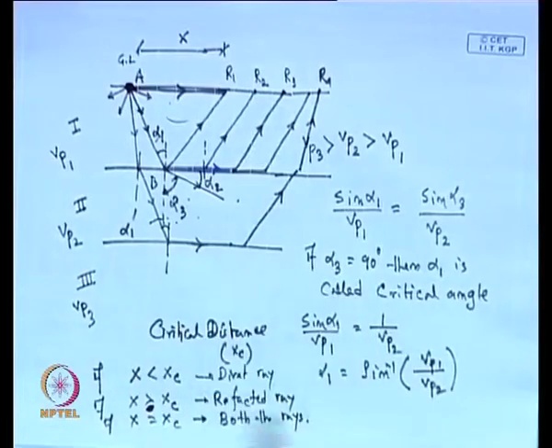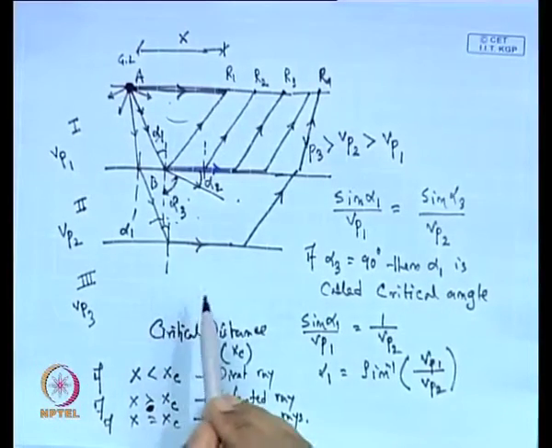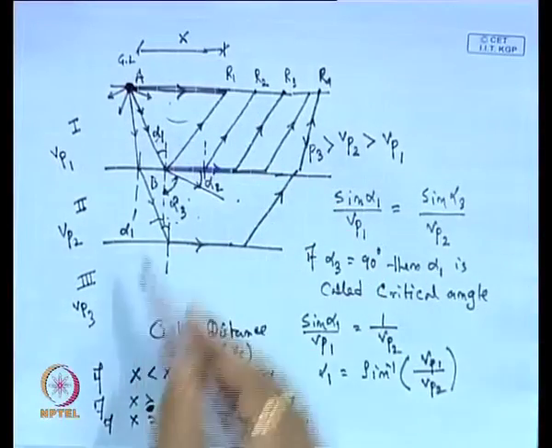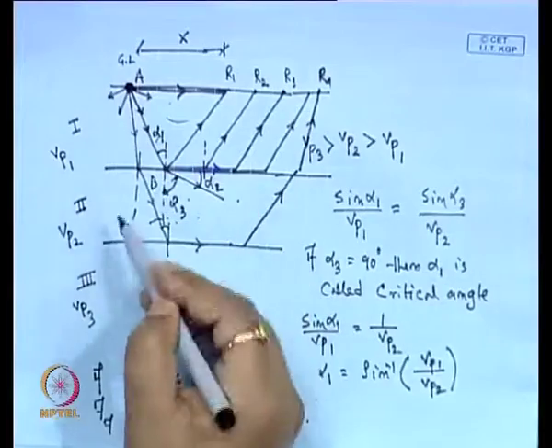So, this is the total system. Now, by using this total system, we will determine the velocity of the wave within the different layers, say layer 1, layer 2, layer 3, and the thickness of each layer.